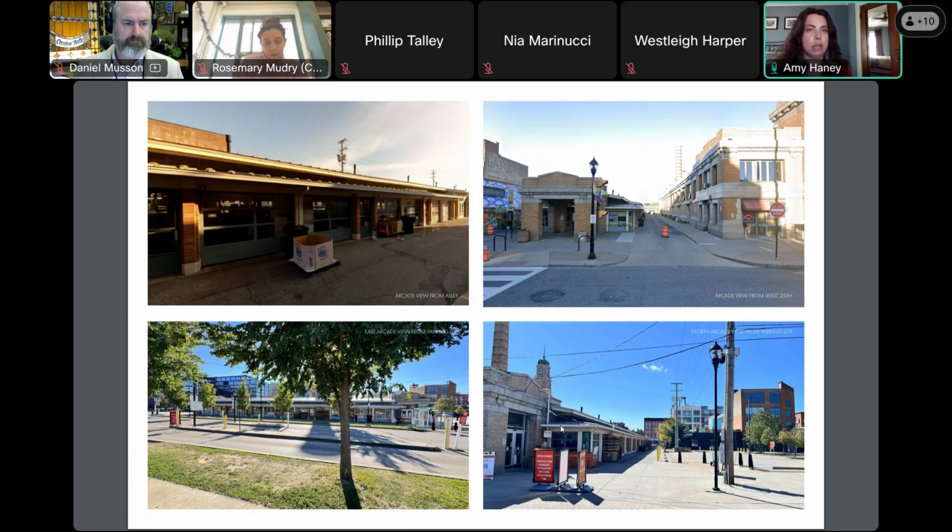The reason that I bring up that it is not a historic structure is that this project will be a historic tax credit project. So everything that you are about to see as a proposal has been put in front of the National Park Service. We are not going for the state historic tax credits, but we are working with the State Historic Tax Credit Board and the people there.